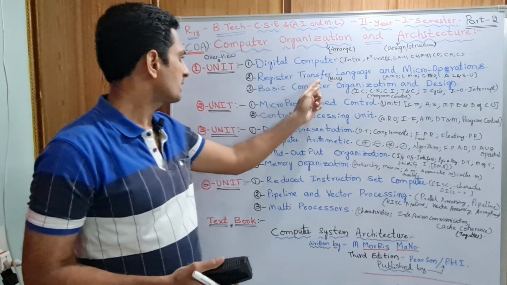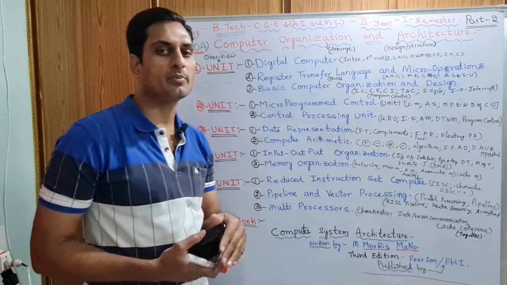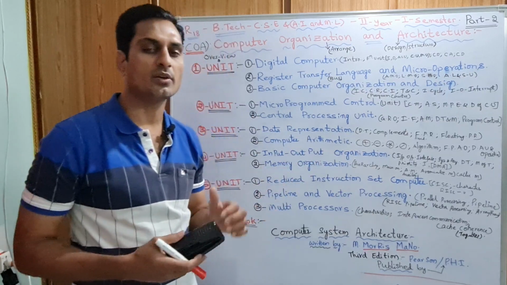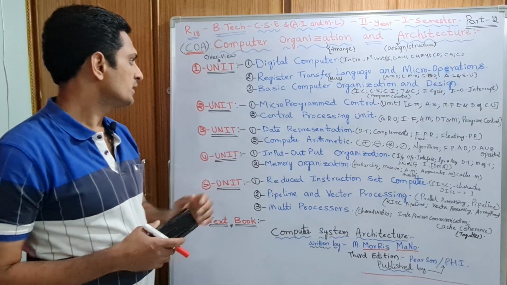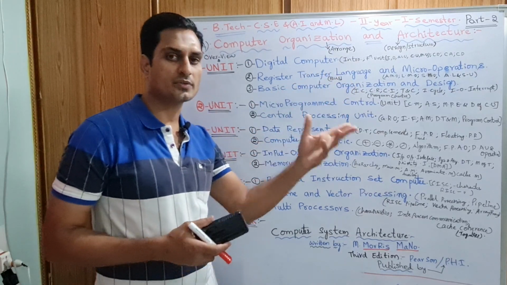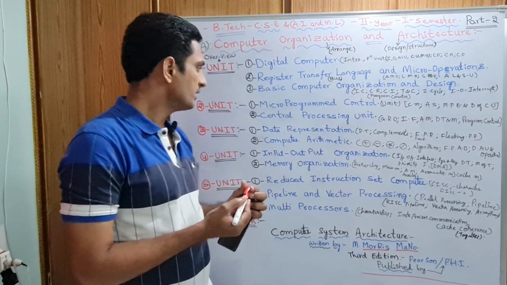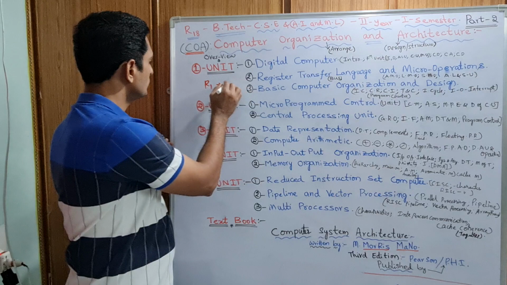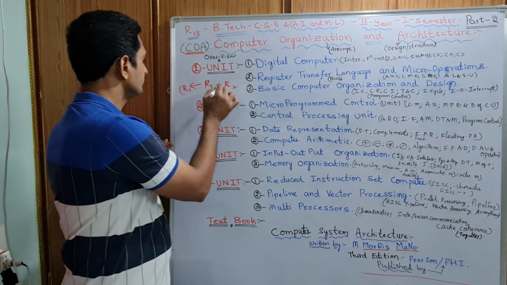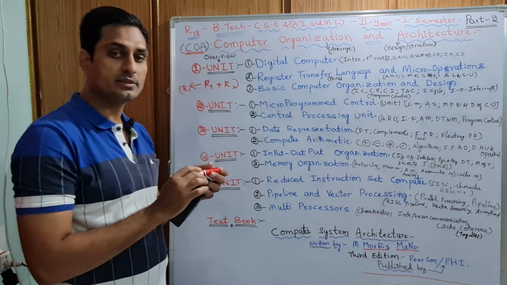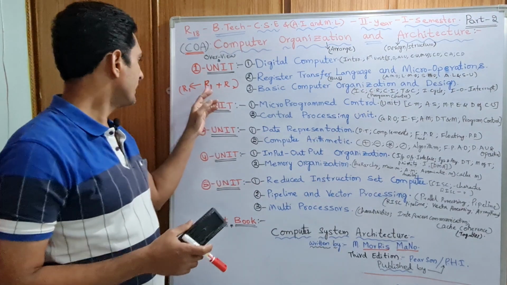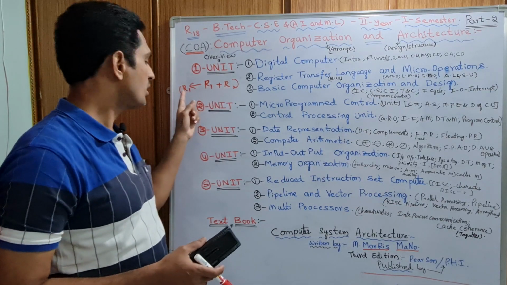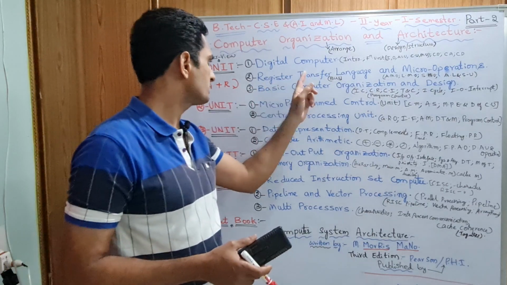In the second chapter, register transfer language. Register is the smallest memory part. In my previous video I also told you about 4-bit registers, 8-bit registers, 16-bit registers. Now we are using 64-bit registers. Transfer language: we have a language to transfer, with notations and symbolic notations, right? For example, R1 plus R2 transfers to R1, right? Not to waste memory, the same register is used. In computer science, memory and time are precious, valuable. So R1 plus R2 is transferred to R1. This is a symbolic notation for register transfer language.